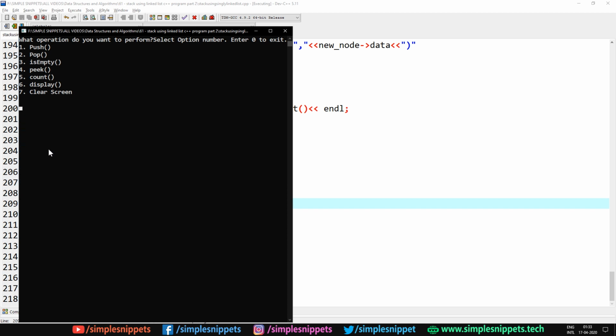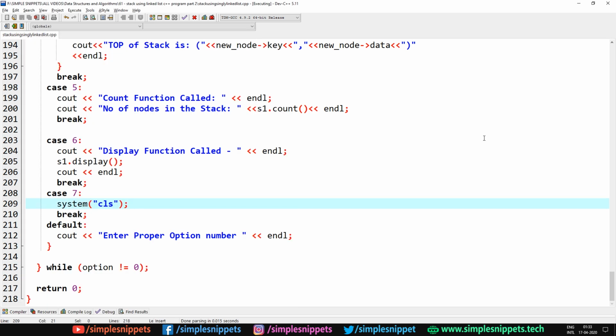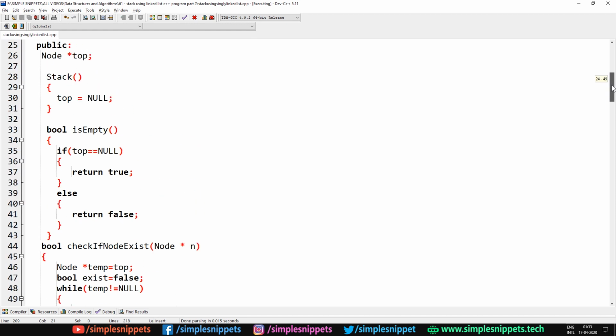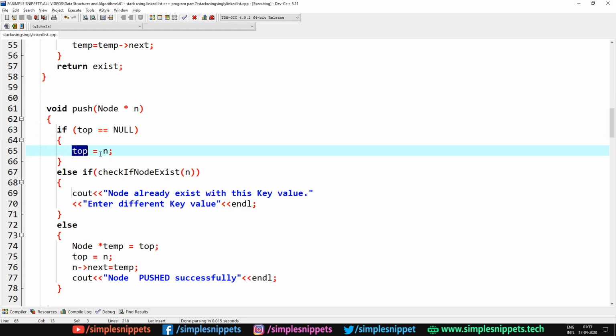Let's push one node. So when I hit 1, it is for push. Now it is asking for key and value of node. So I'm going to hit 1 and 10. So 1 is going to be the key, 10 is going to be the value or data. And when I hit enter, that node is pushed onto the stack. But we did not get a message saying node pushed successfully. And that is because initially the top was null. So when the top was null, we simply said top equals this new node,